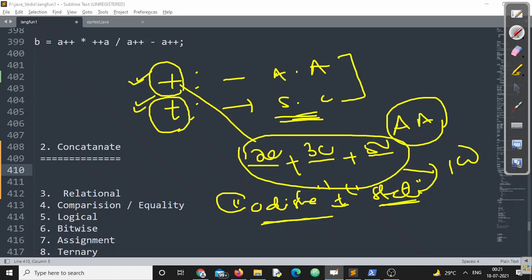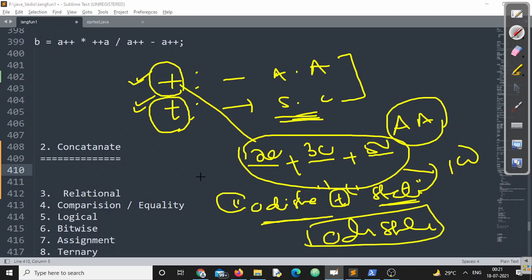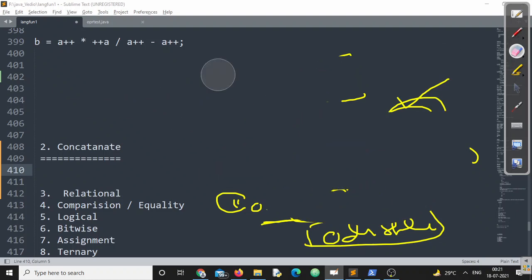If I apply the concatenation operator on two strings, immediately I'll get Odisha followed by state. So this will be the output. One conclusion is fine: if operands are numeric in nature, the arithmetic addition operator will operate. If the operands are strings, then it will be the concatenation operator.